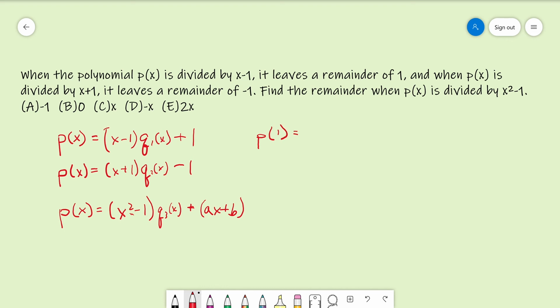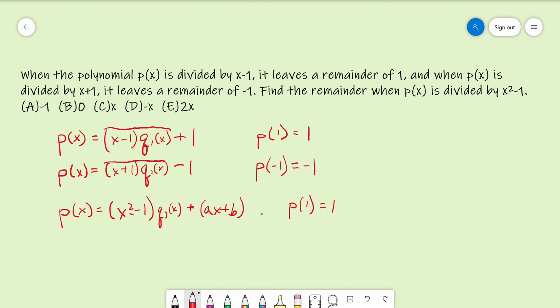And that way, this part will drop out because 1 minus 1 is 0, and we'll get that p of 1 is equal to 1. Similarly, we can plug negative 1 into the second equation, and that means that this first part will drop out because negative 1 plus 1 is 0, and we'll get that p of negative 1 is negative 1. And now we can use this information to plug into the third equation, because now we'll get that p of 1,